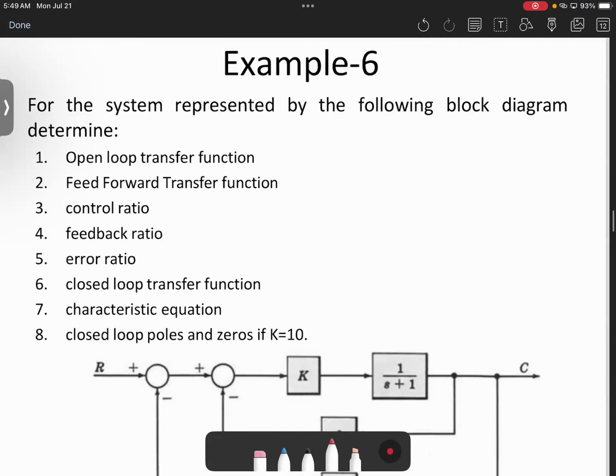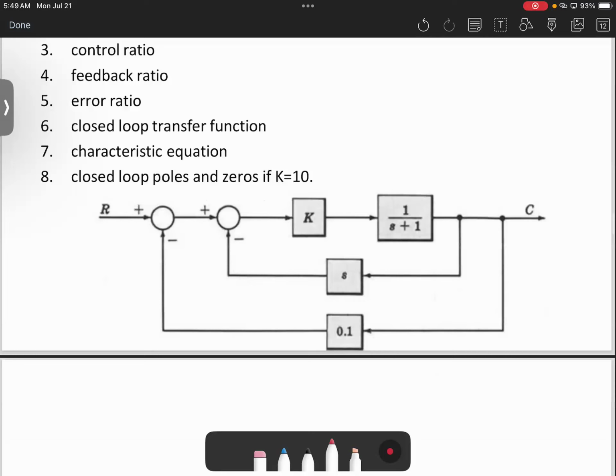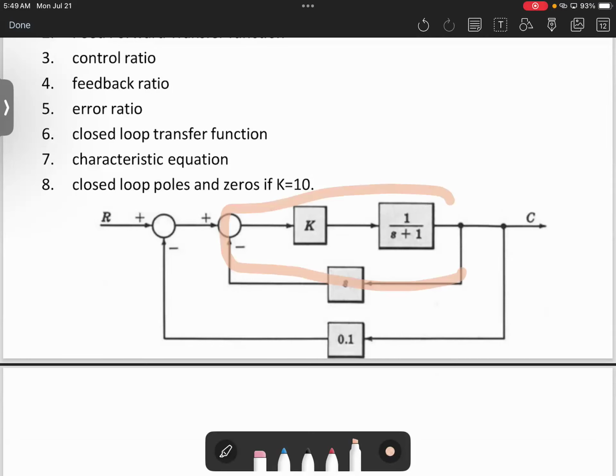How to find this? Let's assume that you already have this in the exam. Then what we need to do is find the open loop transfer function, feed forward, etc. Keep in mind, before doing anything at all, convert this to canonical form. Is it in canonical form? No, it's almost in canonical form. We have this loop that prevents this from being canonical form. So what we need to do is